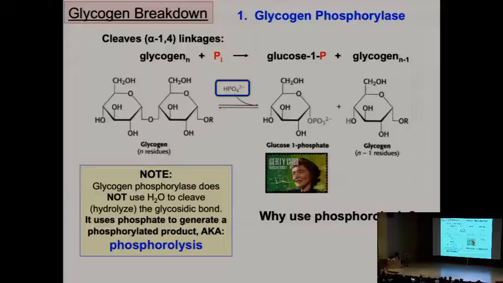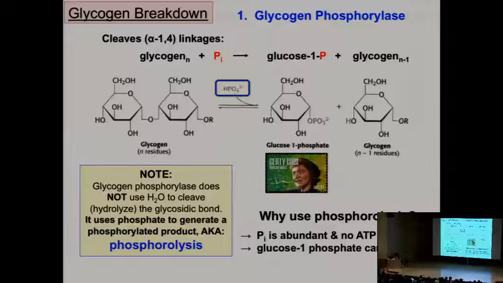All right, well, one reason is that you don't need ATP to do this reaction. You can phosphorylate something without adding ATP, which is pretty clever. This phosphate is very abundant in the cells, so this whole reaction is kind of like a free ticket energetically. And then also,